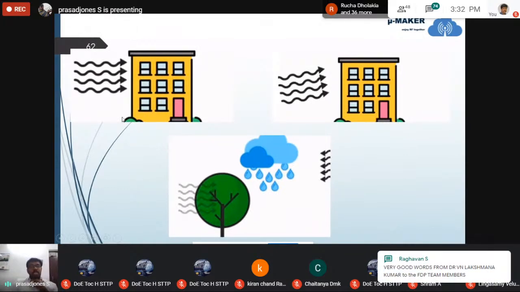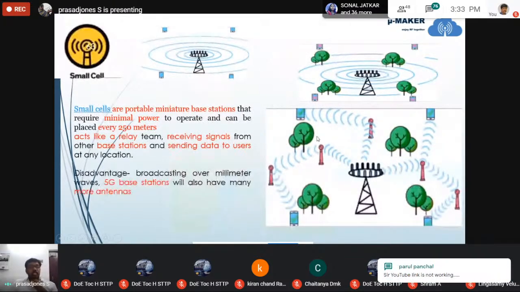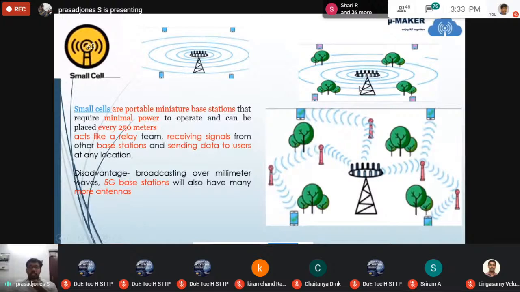But the major disadvantage of millimeter waves is that they are easily blocked and easily absorbed by trees. That is the major disadvantage. And in order to overcome this, small size cells are going to be there. This is the base station, and a small size base station is going to be there everywhere for every 250 meters. And this small station is going to act as a relay, receiving the data from the base station and relaying to the